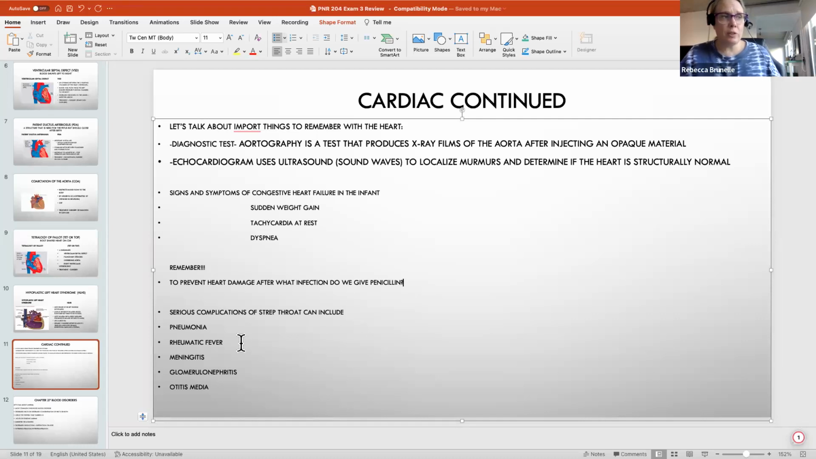Rheumatic fever is the complication of strep throat that causes heart problems, but all of these things are serious complications: pneumonia, rheumatic fever, meningitis, glomerular nephritis, which we'll talk about in a second, and otitis media. I just want to point out that it seems a little bit tricky because it says serious complications. I don't necessarily think otitis media is that serious, but if you were asked which of the following is a serious complication of strep throat, all of these listed are serious complications, including the